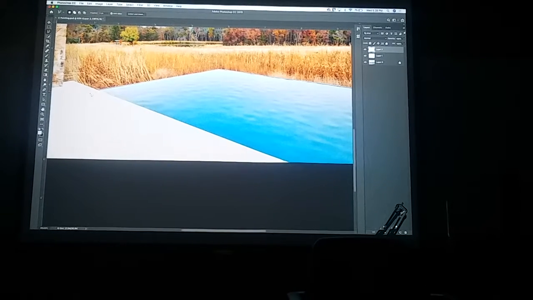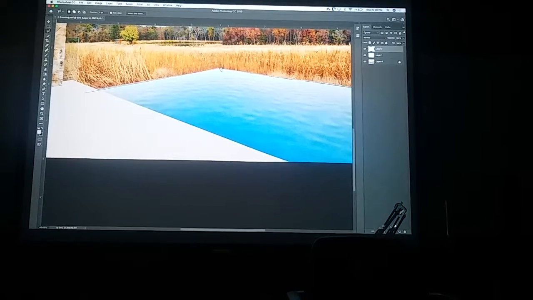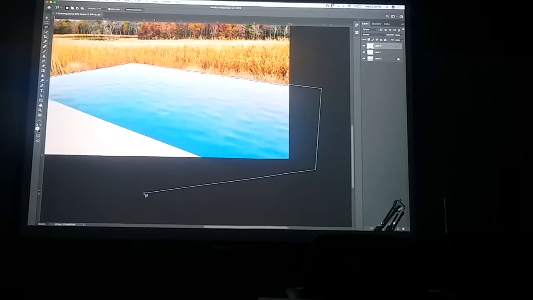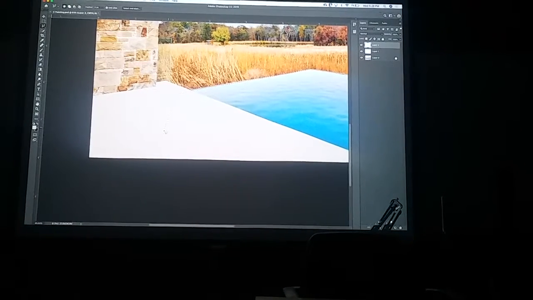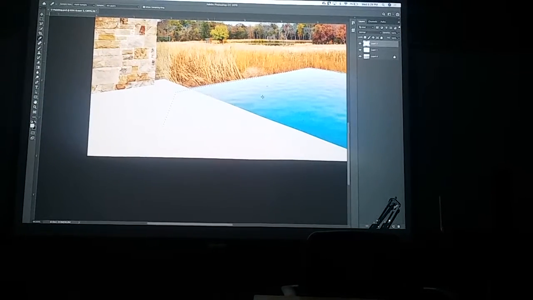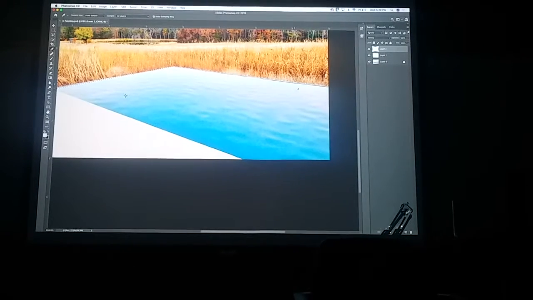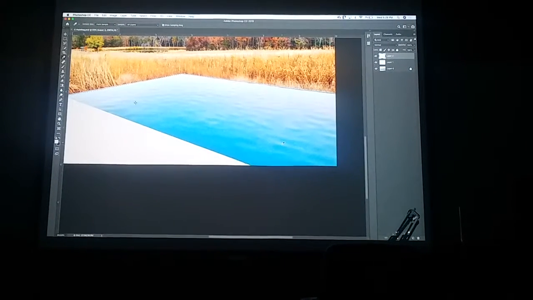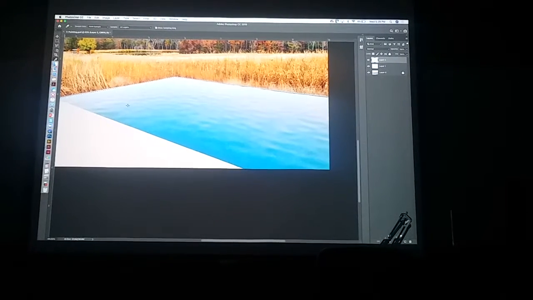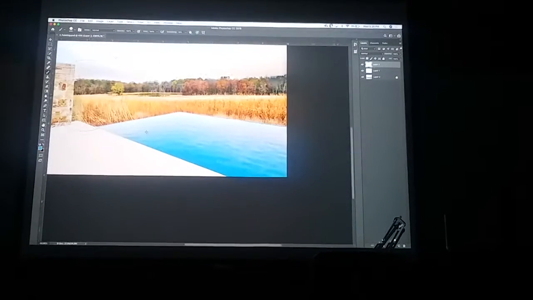I'll also use the polygonal lasso tool. I don't need to be perfect with my edges. I can overpaint a little bit. Use the brush tool. Select my blue. I may want to do this in two different tones of blue because I have the lighter blue up here and the darker blue down here. I'll start with just one tone, then I can add a second tone if I need to. If I paint this in,